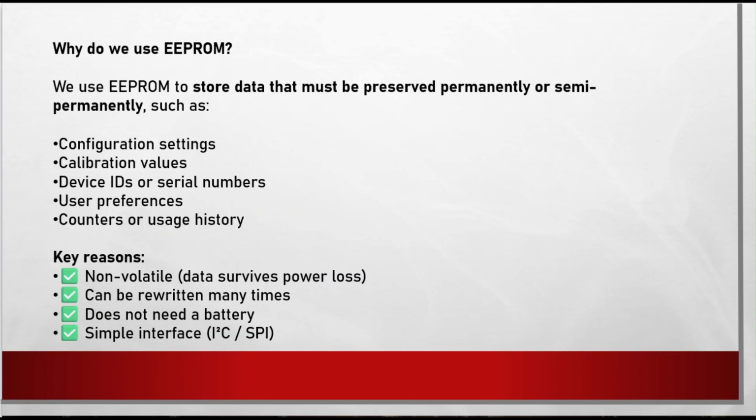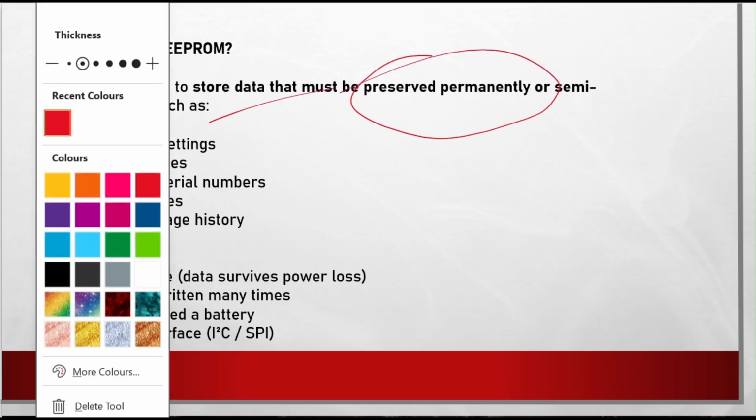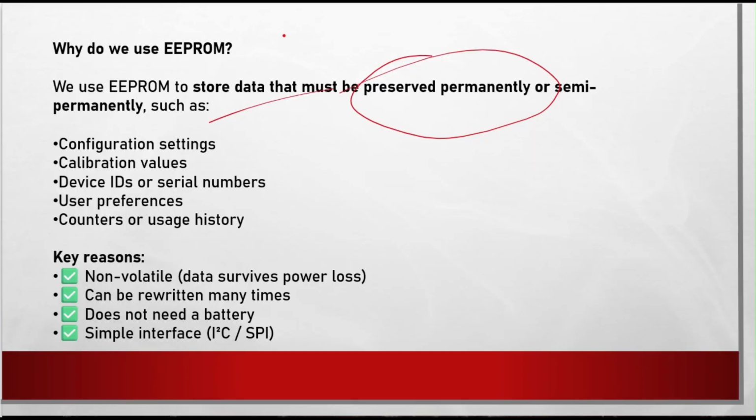Now, why do we use EEPROM? We use EEPROM to store data that must be preserved permanently or semi-permanently, like configuration settings in the MCU. We do some configuration settings, like calibration values, and we store them